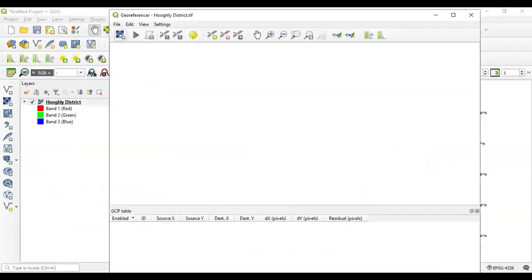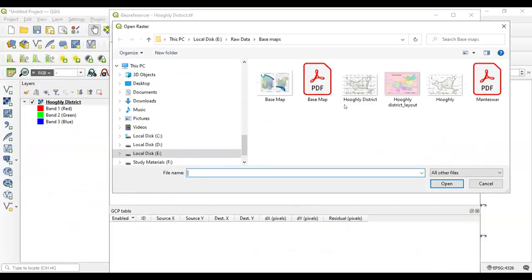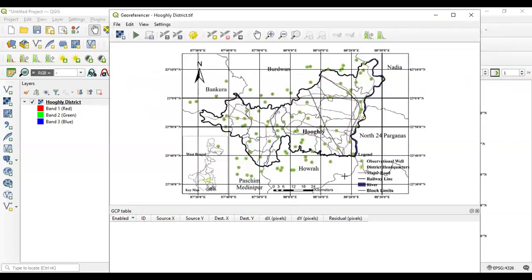Again, you have to import the map that you want to georeference. So Hooghly district, add it. Now the map is being added to your QGIS georeferencer dialog box. Now you have to add some input points so that you align this map to the actual surface of the ground. So you have to provide 4 input points, as I have already mentioned, 3 for georeferencing process and 1 for your accuracy assessment. And it depends on the